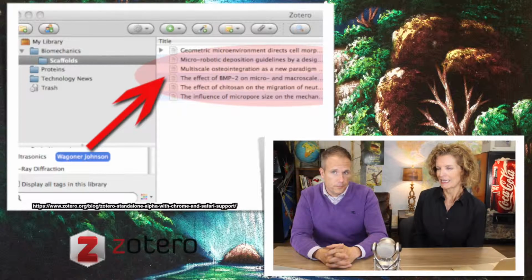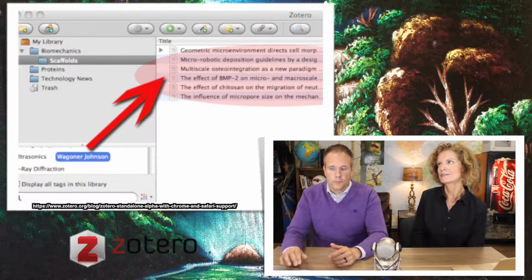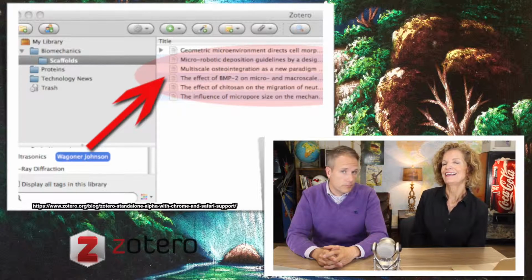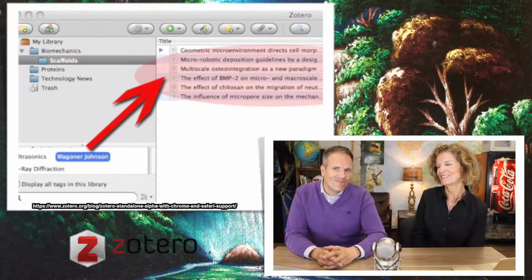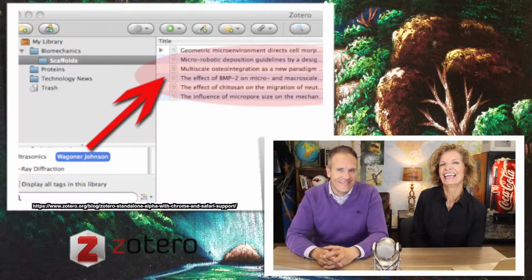It now is a standalone app, but it works within your browser, and they have Word and OpenOffice and LibreOffice plugins. It's a bibliographic software management tool. It allows you to grab the metadata from any type of resource online. And you know how I like to grab me some metadata. Grab me some metadata. And that's a good one.